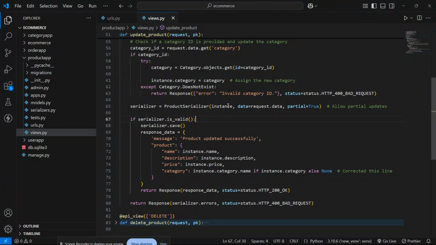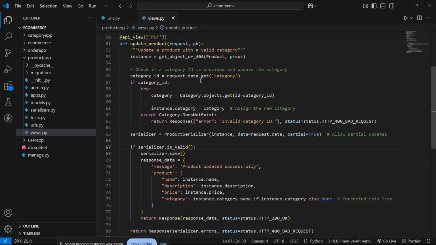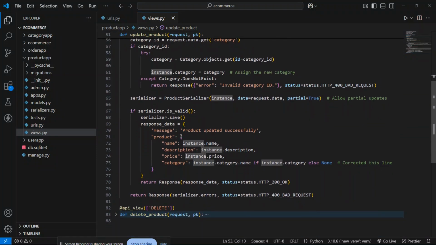And this instance I have to pass. Inside this instance we have all the data of the database. So this is the instance, and this variable we have to pass inside our serializer.